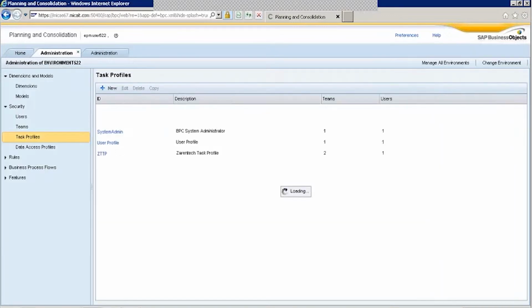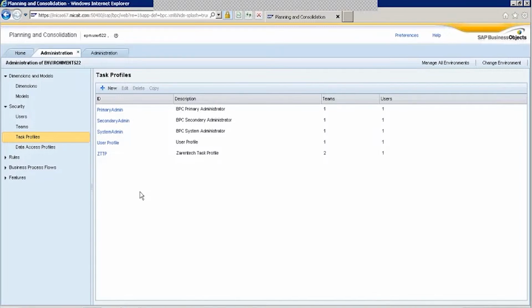We have this option, task profiles, because in a big company we have a lot of employees, more than 1,000 or 2,000 people who will be working. It can be users, super users, IT consultants, or it can be for any team, like finance or sales. Just to bifurcate these users depending upon their jobs, teams, and models, we create these users, teams, and task profiles,